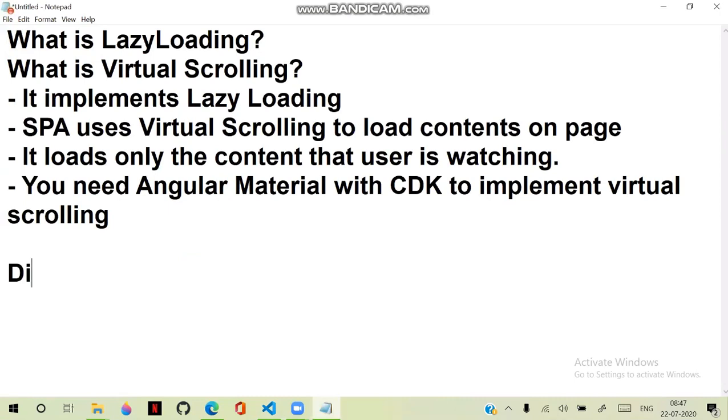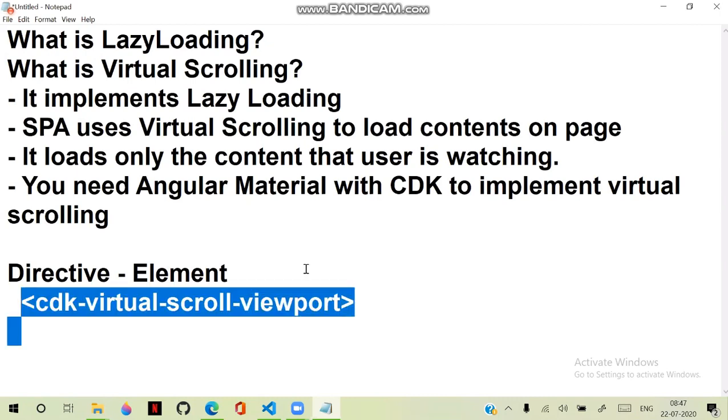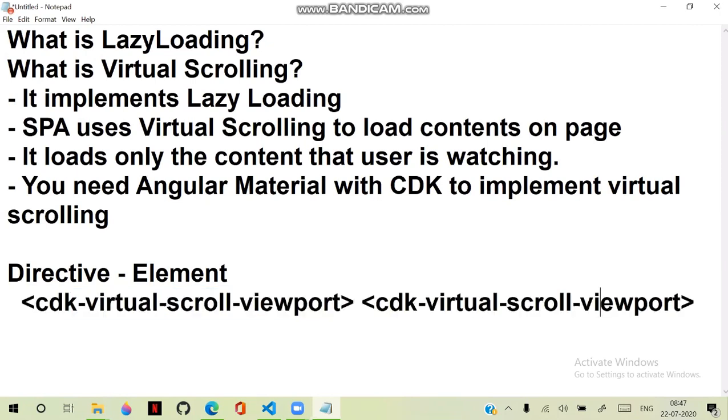a directive which is used as an element, a directive element. And the directive element you need is the CDK virtual scroll viewport. This is the element that we need, and this element is required to handle virtual scrolling,